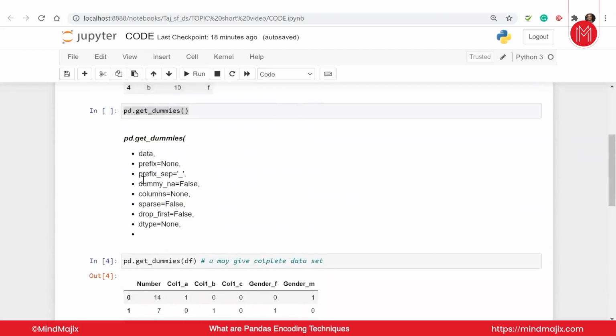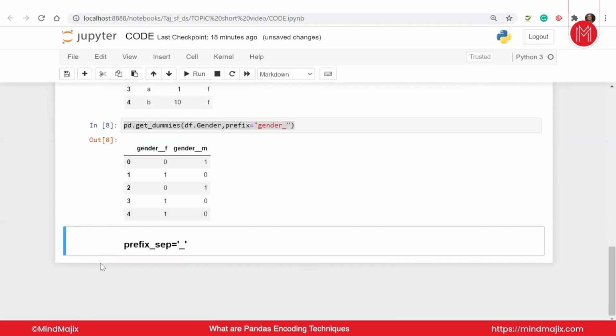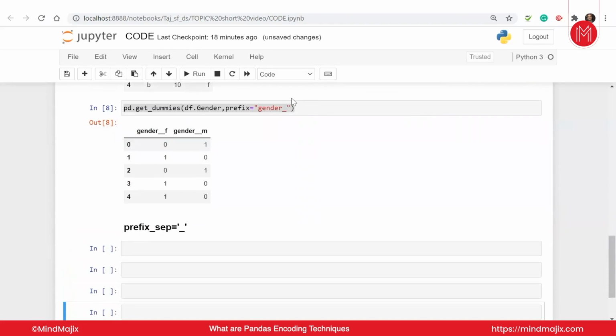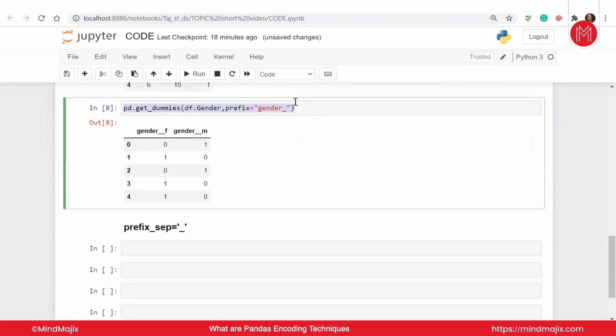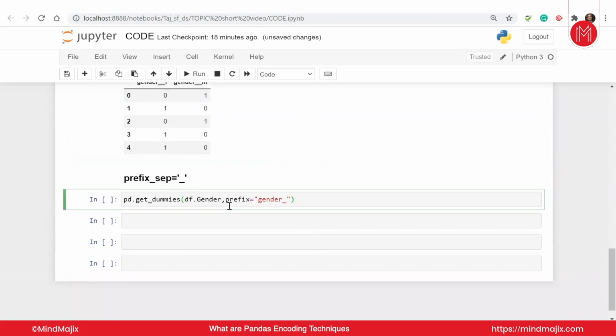Next is prefix separator. So in your prefix separator, we will do a very simple exercise. What happens when you have this gender and underscore? Sometimes it doesn't look good. Sometimes it doesn't feel right when you have this underscore and the way it is presenting. So what you can do, you can say, I want to use not this. Let me move it. Prefix separator, and I will use, say, two dots just to show you what it looks like. Something like that. This should do.